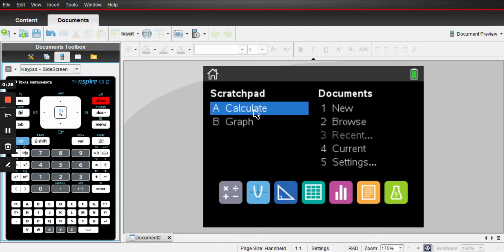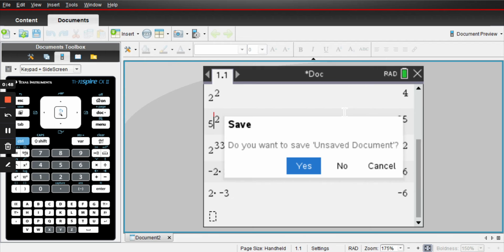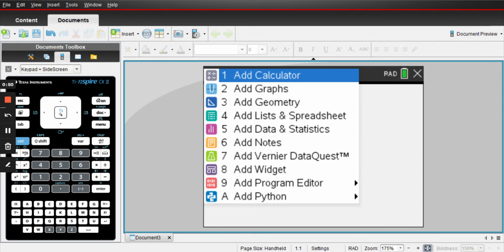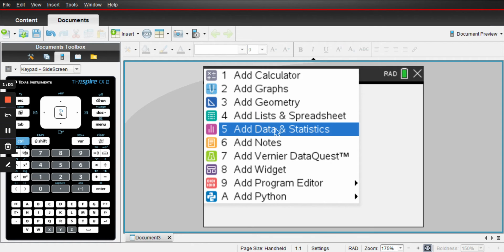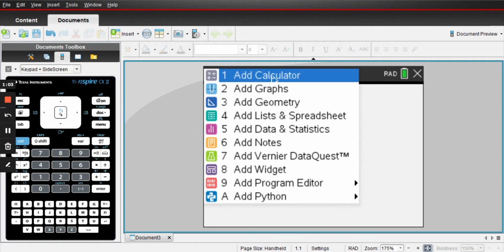Now, in order to use a calculator, I need to keep it as option A, calculate. And I'm going to select a new document. At the moment, we don't need the rest of them. We can go into those in a different video. So new. I've been playing around. I don't want to save anything I've got there. And I've got a new list. So in this list, I've got a calculator, some geometry, graphs, spreadsheets, data. Now, lists and spreadsheets and data we're going to look at in a later video, but today we're touching base